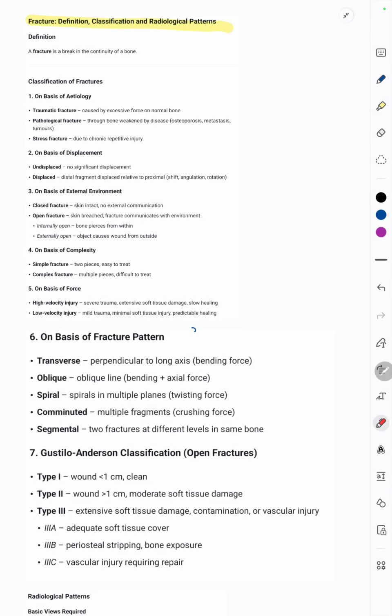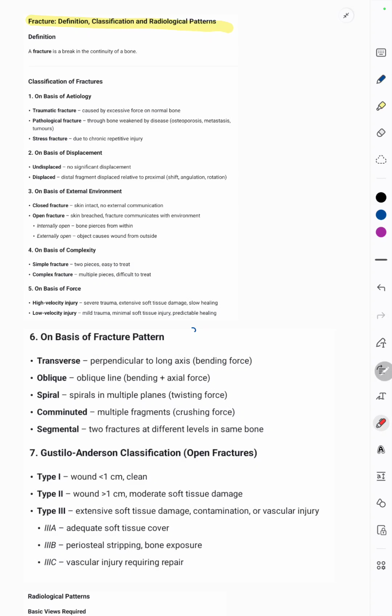Talking about fractures, a fracture is a break in the continuity of the bone, or a breach in the cortex of the bone. Classification of fractures depends on various bases. On the basis of etiology, it can be a traumatic fracture, caused by excessive force. There can be a pathological fracture because of osteoporosis in postmenopausal females, metastasis, tumors, or stress factors because of